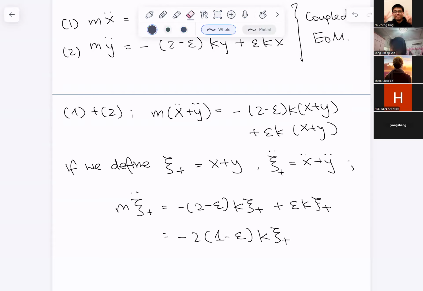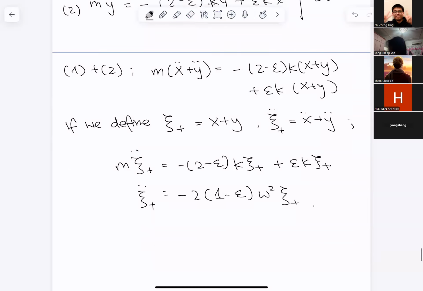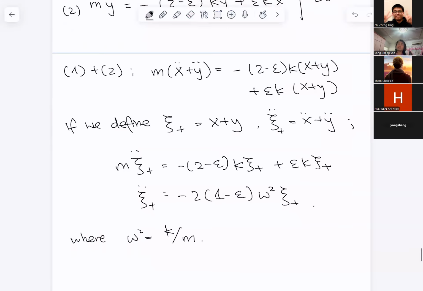Or I could just write, c plus is equals to this times omega squared, where omega squared is equals to k over m. Okay, and now we see that, this was our intuition, that if we just change our coordinate system,